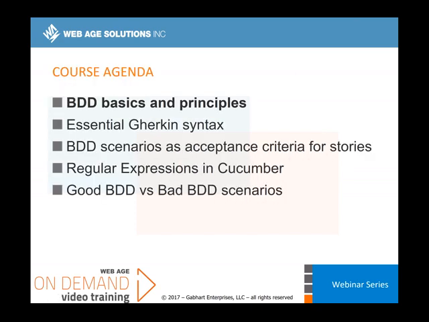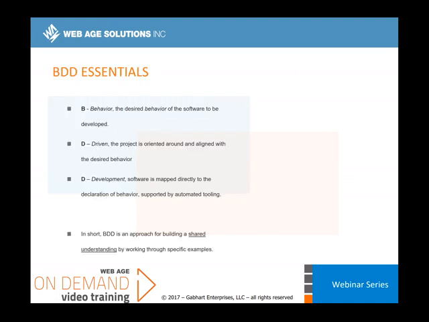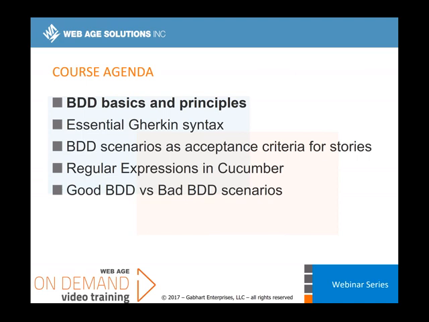So we're going to be looking at behavior-driven development, initially at just some of the basics, foundations of what it's designed for, what it's effective at. We'll move on to talking about the syntax that's used in BDD, known as Gherkin, and that is how we describe the acceptance criteria for our stories in BDD. From there, we'll look at BDD scenarios from the perspective of acceptance criteria. We'll also talk about regular expressions, especially their use in Cucumber, which is one of the more popular BDD frameworks. And then we'll talk a little bit about what constitutes good BDD scenarios and bad ones and how